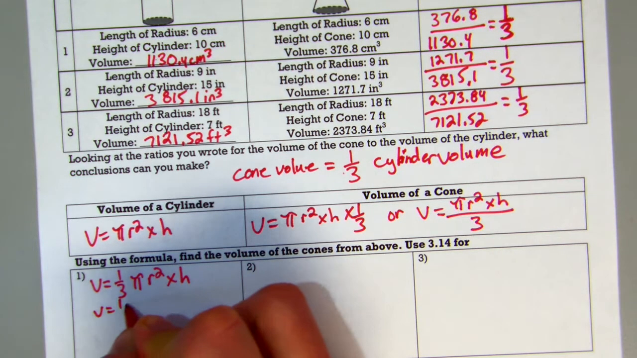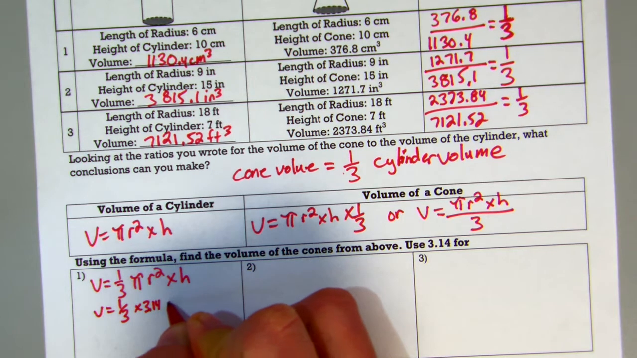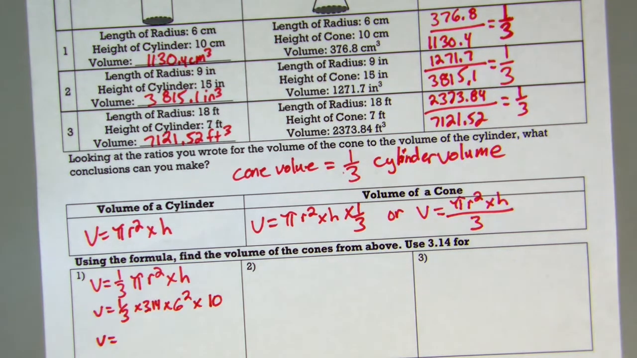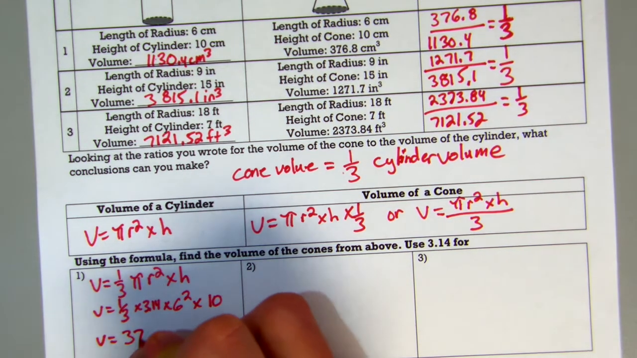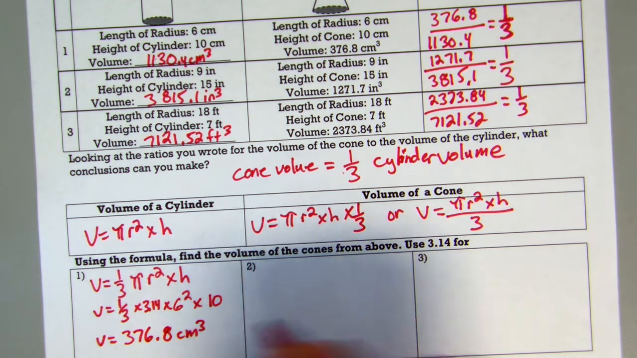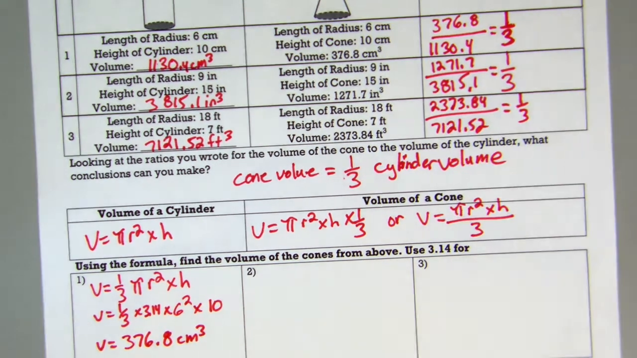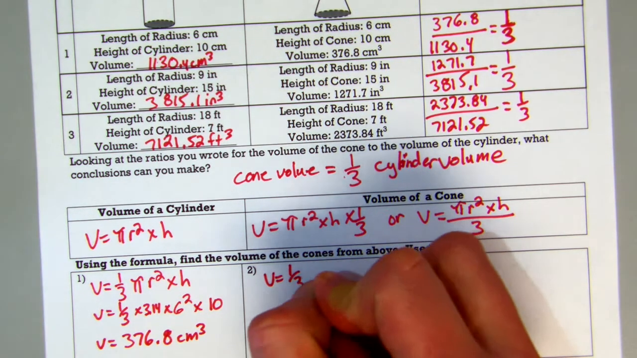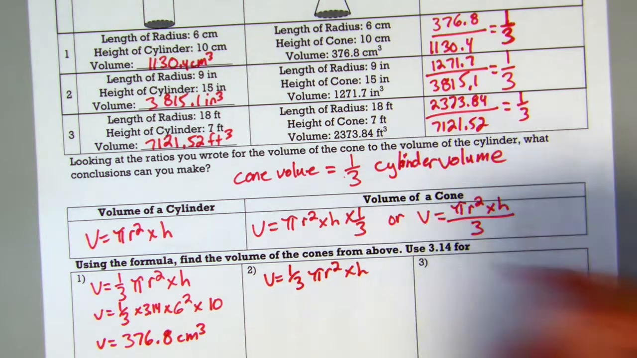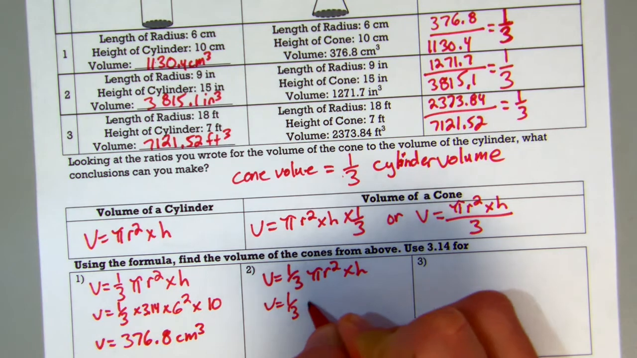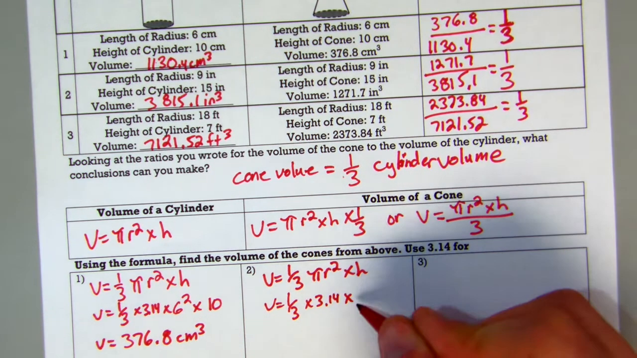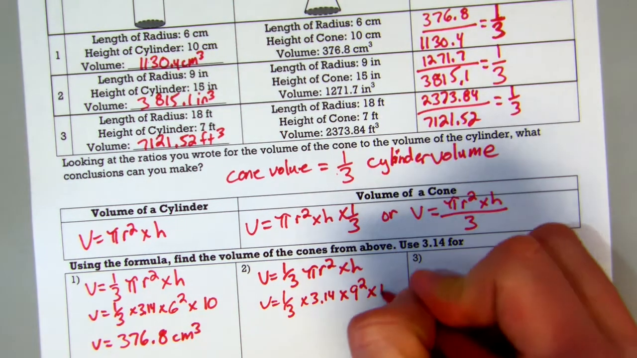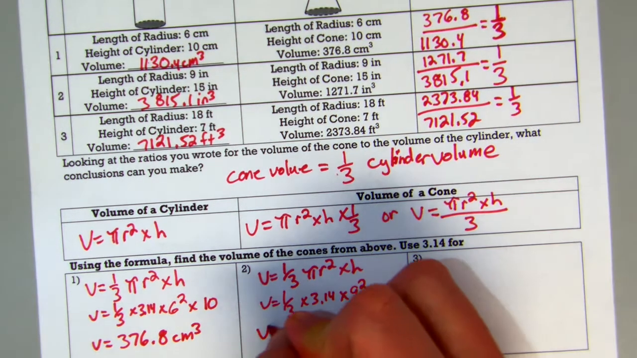I'm going to go ahead and say volume is equal to 1/3 times 3.14 times our radius of 6 squared times our height of 10. When I multiply those all together, I do get an answer of 376.8 centimeters cubed, and it is the same answer that I got above. Let's try it for number 2 here. Again, we have volume is equal to 1/3 pi r squared times our height. So our volume is equal to 1/3 times 3.14 times our radius squared, which is 9, times our height, which is our 15. And we get an answer of